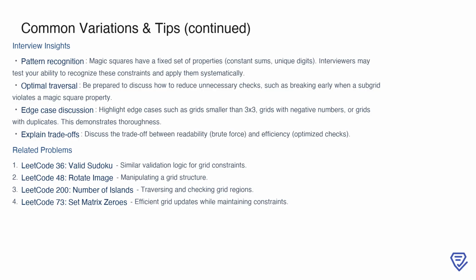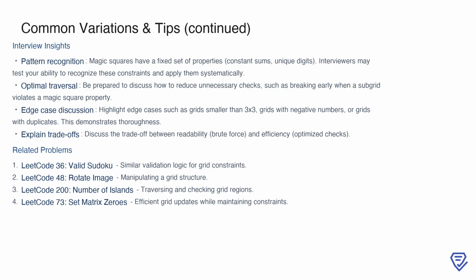efficiency. It's also essential to discuss edge cases, such as what happens with grids smaller than 3 by 3, grids containing negative numbers, or grids with duplicate values. This shows that you've thought about the problem comprehensively. Finally, be prepared to explain trade-offs, such as the balance between implementing a brute force approach for readability versus optimizing the solution for efficiency. If you're looking to broaden your understanding, consider exploring related problems like valid Sudoku, where similar grid validation is required, or rotate image, which involves manipulating a grid structure. Problems like number of islands and set matrix zeros are also great for learning efficient grid traversal and updates while